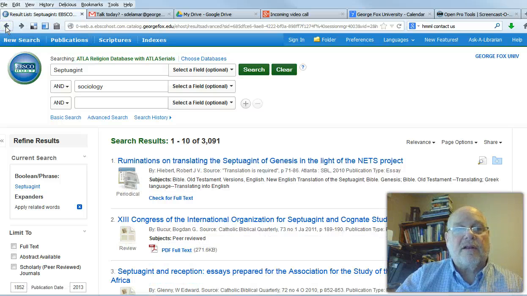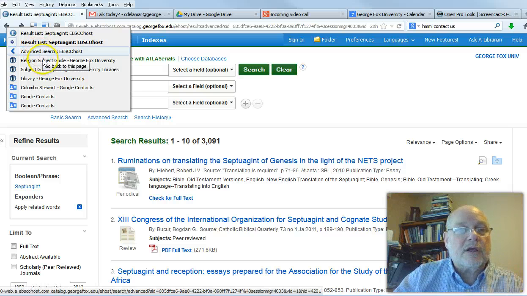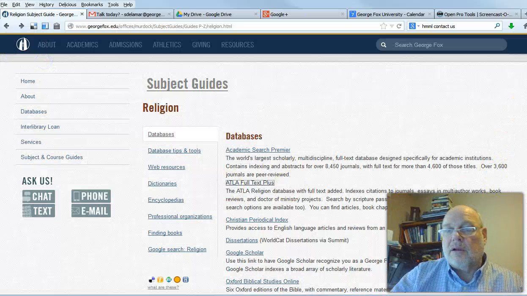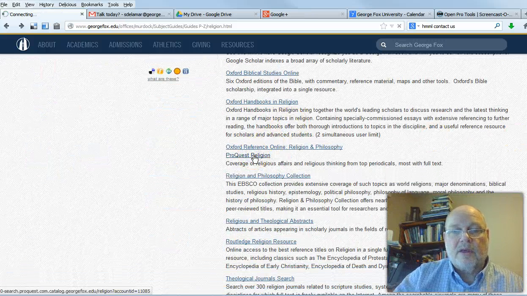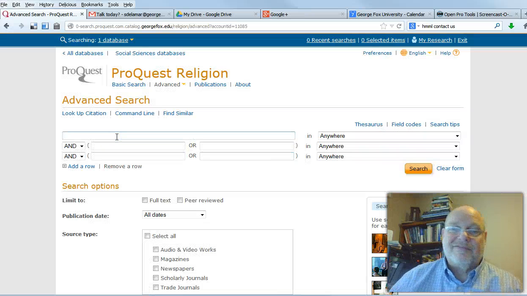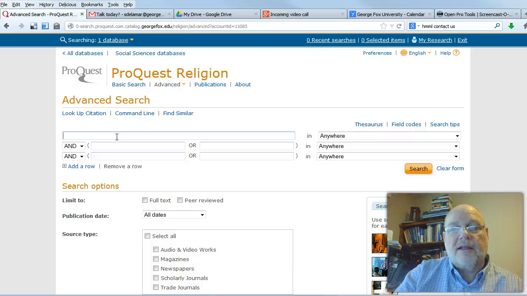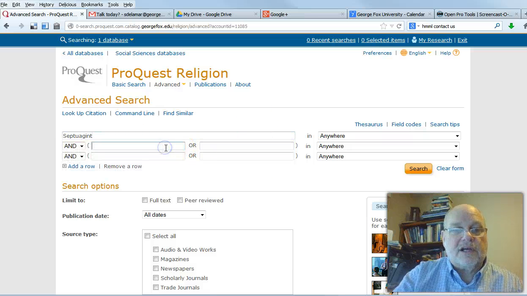Finally, then, the third database that we want you to look at is this one under P, ProQuest Religion. And get another interface. All these interfaces are different, and yet they're so much the same. They're based on Boolean search logic, and the defaults are just a word search. Anywhere in the record does this word show up. So there's Septuagint for the first one, sociology